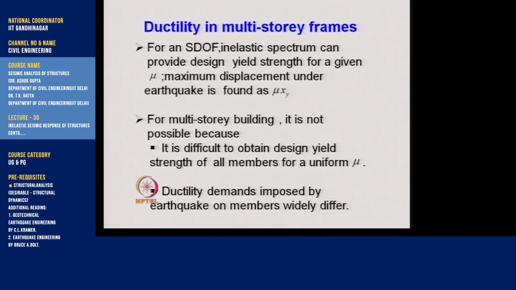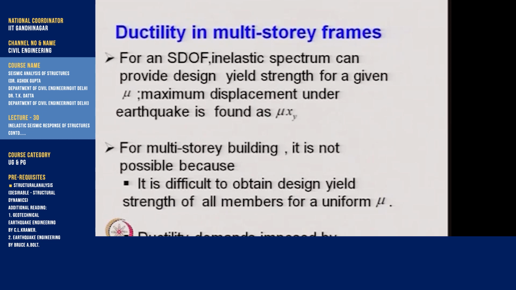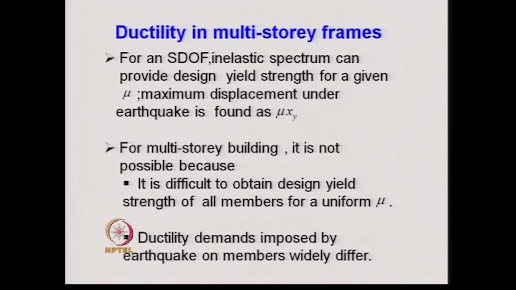Now, if we analyze the single degree of freedom system, for that yield strength that is obtained from the response spectrum curve, the yield strength is obtained by multiplying m with the spectral acceleration value A, the inelastic acceleration spectrum value,